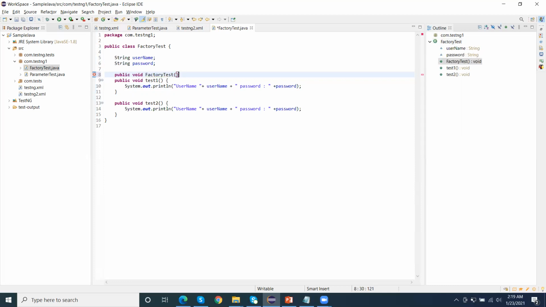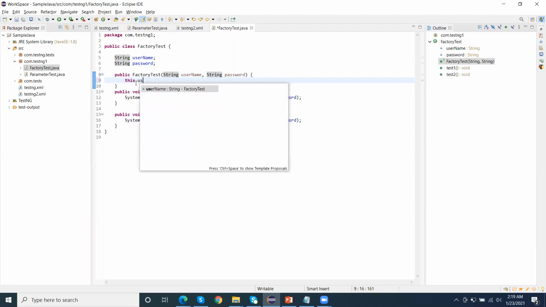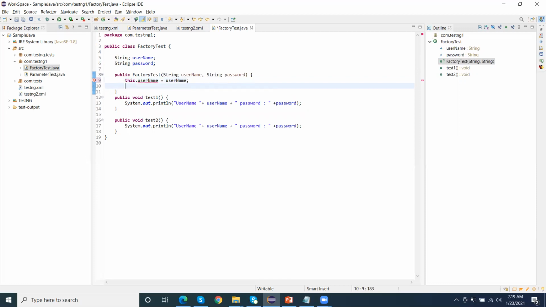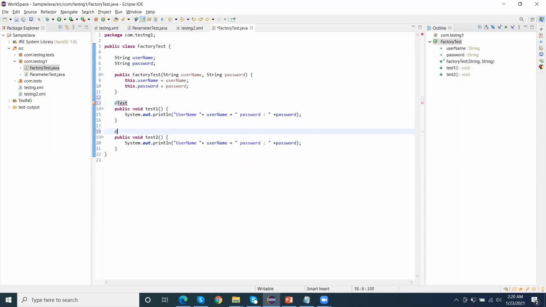We will use the constructor to initialize both values: this.username and this.password. And these are the two tests I'm adding here.